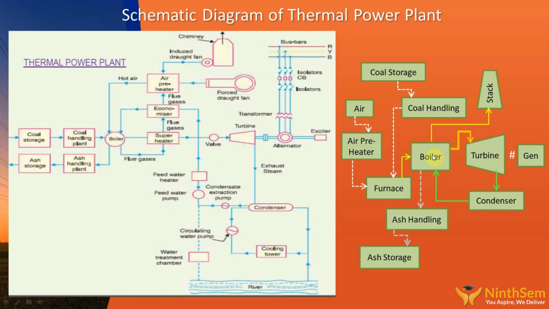Once the water becomes steam, the steam goes to the turbine. Once the turbine has done its work, the exhaust steam is cooled again and becomes water. This I have shown in the green line. So this is the water system, this is the steam system, this is the flue gas system, this is the fuel system, and this is the air system. Finally, from the furnace and boiler, the ash is collected. So this is a simple arrangement I have shown in the block diagram. These are the important systems involved in the thermal power plant. Before going into the detail of each and every system, you should know the main systems involved in the schematic diagram as well as the block diagram.